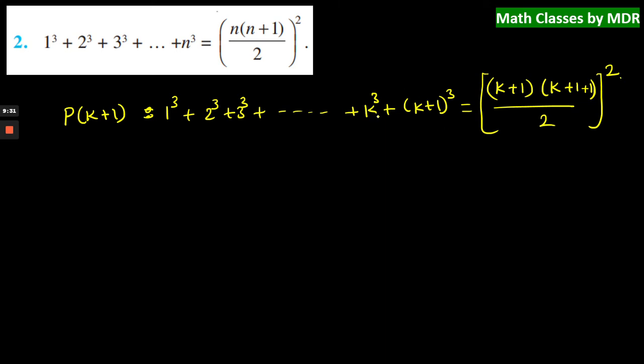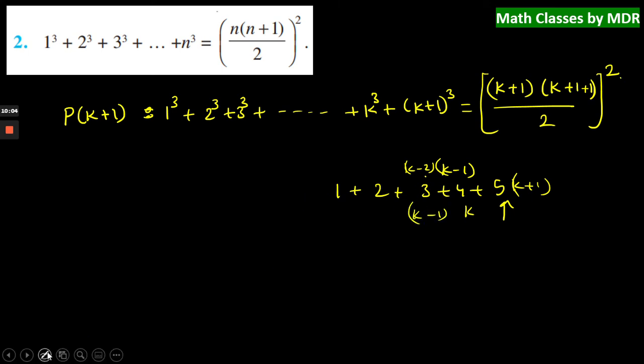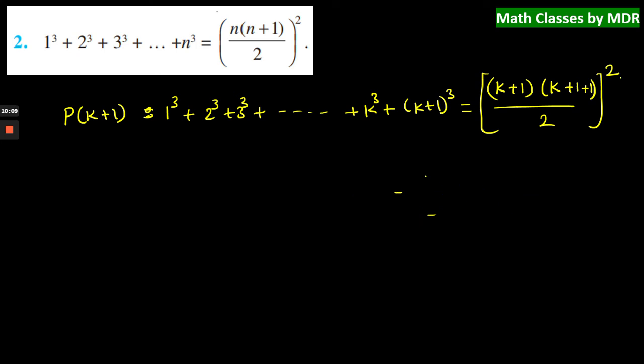And then the previous term will be k plus 1 minus 1, right? So that is k, and the term previous to this is k minus 1 whole cube. So it goes in this way. I hope you are getting it. Suppose you have something like 1 plus 2 plus 3 plus 4 plus 5. If it is the kth term, then the one before it is known as the k minus 1 term, and the one before that as the k minus 2 term, like that. If it is the k plus 1 term, then the one before it will be the kth term, and the one before that the k minus 1 term. Just one before this term, we subtract one from the corresponding term. Right? Now let us see that.